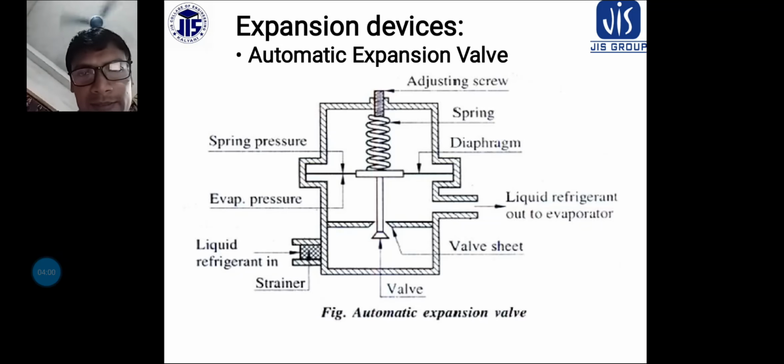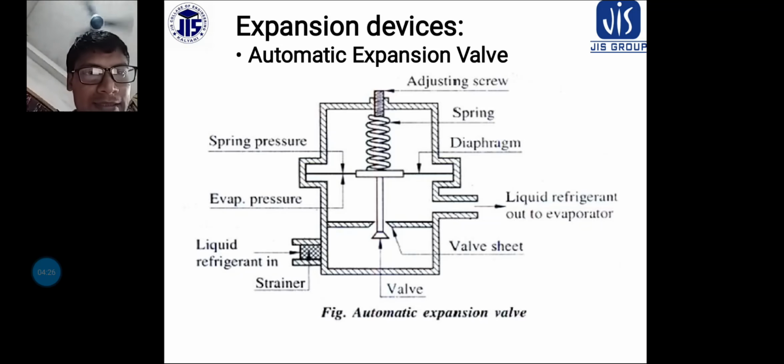by the evaporator pressure, which it keeps constant, since the pressure of the refrigerant in the evaporator determines the evaporator temperature. The figure shows a schematic of an automatic expansion valve.